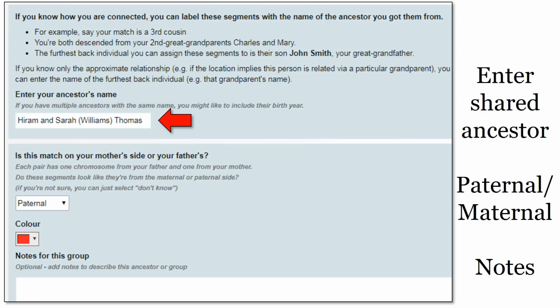The other thing you do here is you decide whether or not this match is going to be paternal or maternal. Now, presumably, because you know on what side of your family Hiram and Sarah Williams Thomas are located, you know whether or not this is a paternal or maternal match. Here, I'm going to pick this as a paternal match, although you don't have to pick a side, you could pick don't know, for example. And that segment would then span both chromosomes